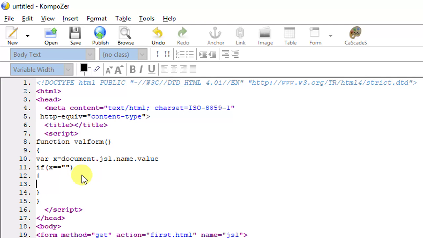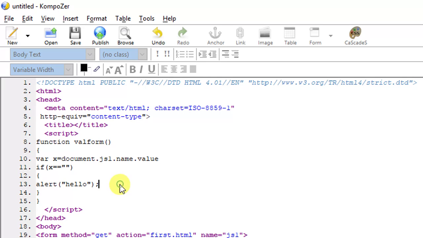So now I have to check if my x doesn't have anything, that means inverted comma open, inverted comma close, it means nothing is there. Then what to do, just alert. Alert is a predefined function which is used in JavaScript to bring a pop-up. So now alert, and whatever you are writing here, for example if I am writing hello, it will show hello when a user is not entering any data in this element.